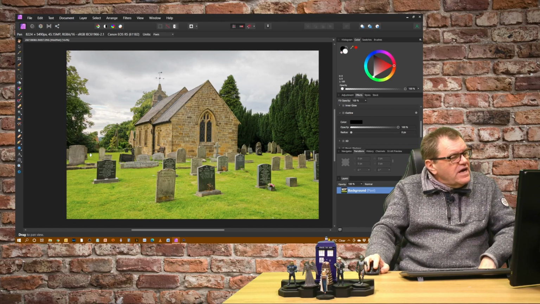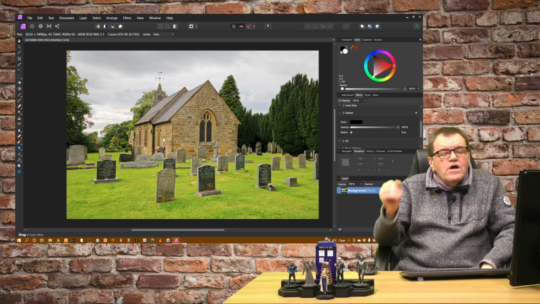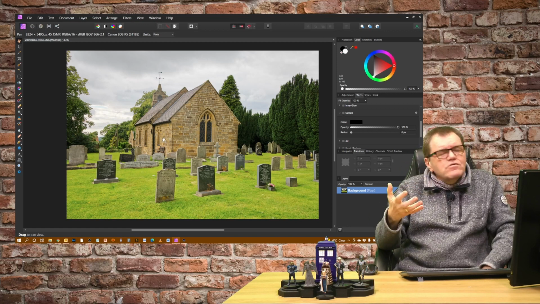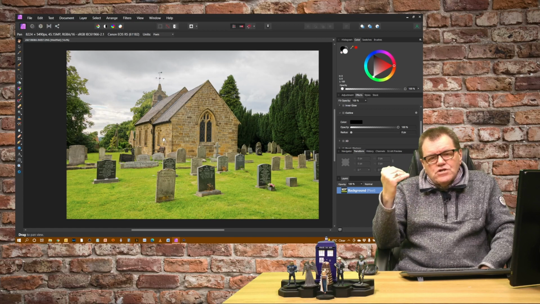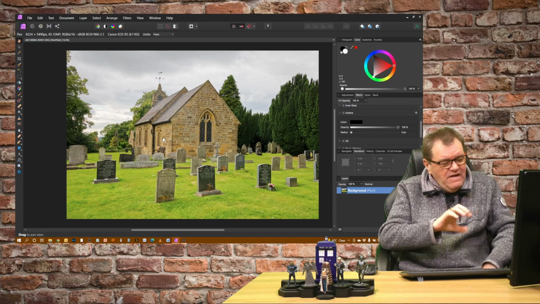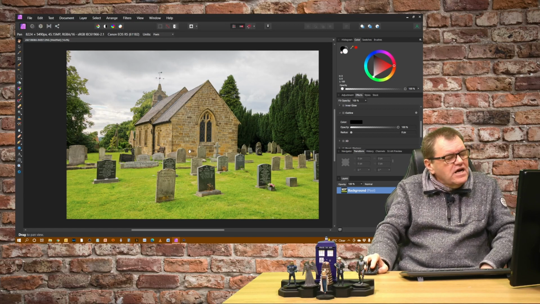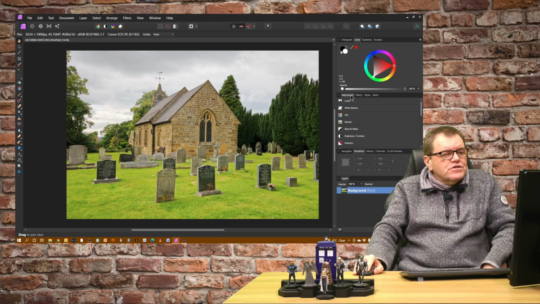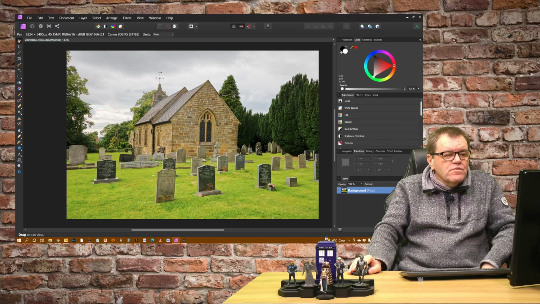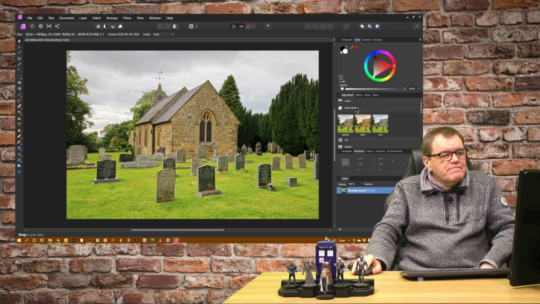Now I can do layers and things on here to my heart's content. So basically, the way I would use that develop step is just to do, as I've done here, the basic processing. And now, if I want to do anything else with it, I would do it at this stage. If I want to do an adjustment of some description, and let's say I wanted to change the white balance,